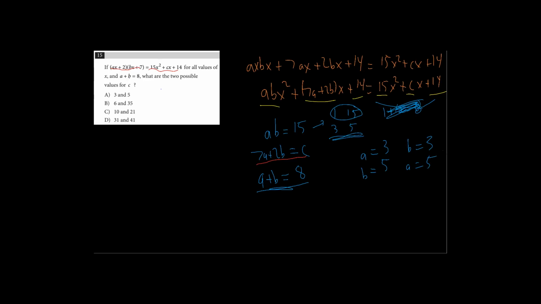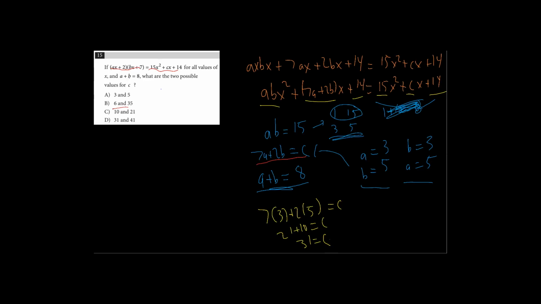So let's use these values and go ahead and plug that in. And if you notice in the answer choices, there's actually 2 options, and that's because there are these 2 cases here. So what we want to do is first plug in that first case. So I get 7 times 3 plus 2 times 5 equals c. So that would be 21 plus 10 equals c. 31 equals c. So right away I can see that letter choice D will be the answer,